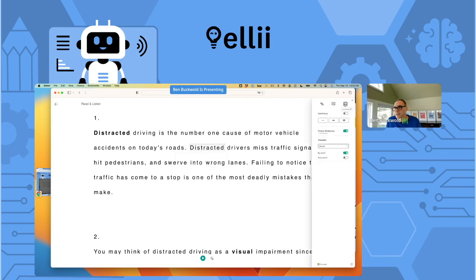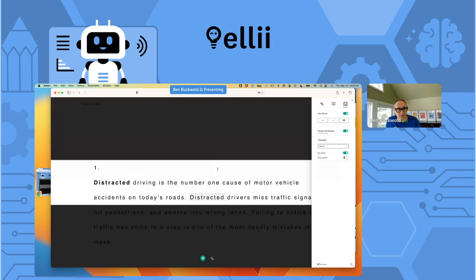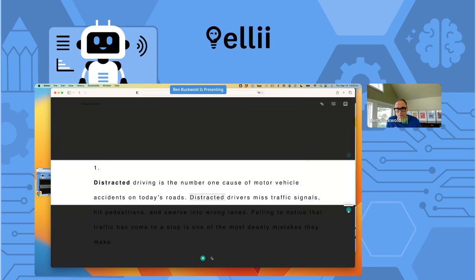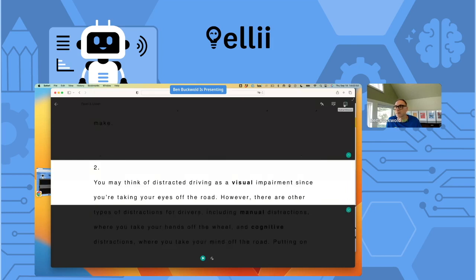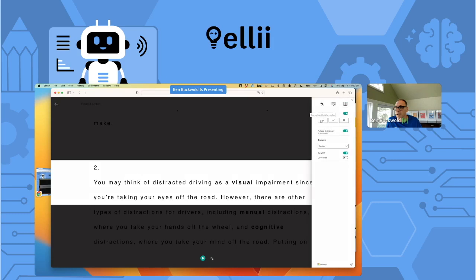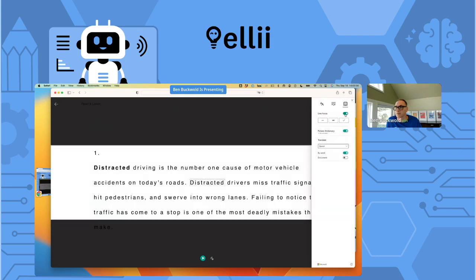We've also got ways where we can focus on just specific types or amounts of text at a time, like 2 lines at a time. Let me clear that out. Whoops. And you can see we can just go through 2 lines at a time. So lots of things that you can do with immersive reader. I always forget how to get out of that, though. I'll go back to the full thing, turn focus off.